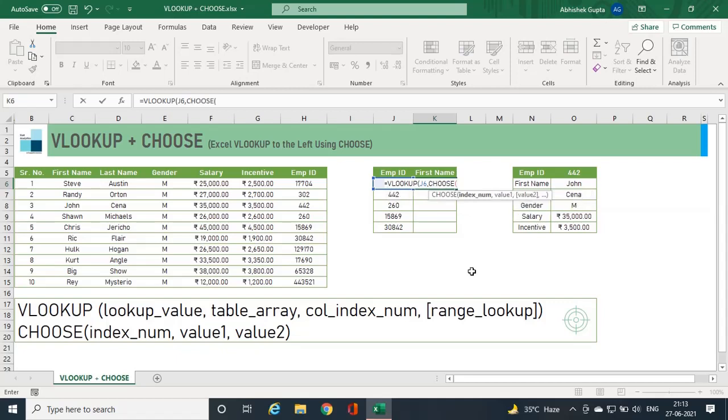press tab. Once I press tab, it will give me the first parenthesis, and within this parenthesis my first syntax is index number. So I need to start with the curly brackets. I'll put the curly brackets here. I'll put 1 comma 2. I'll explain in a later part of the video why I'm giving 1 comma 2. Just close this curly bracket here,